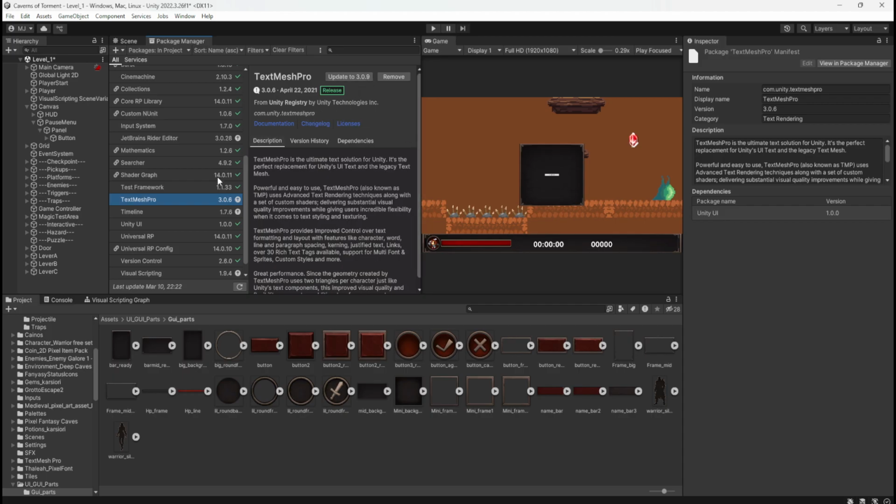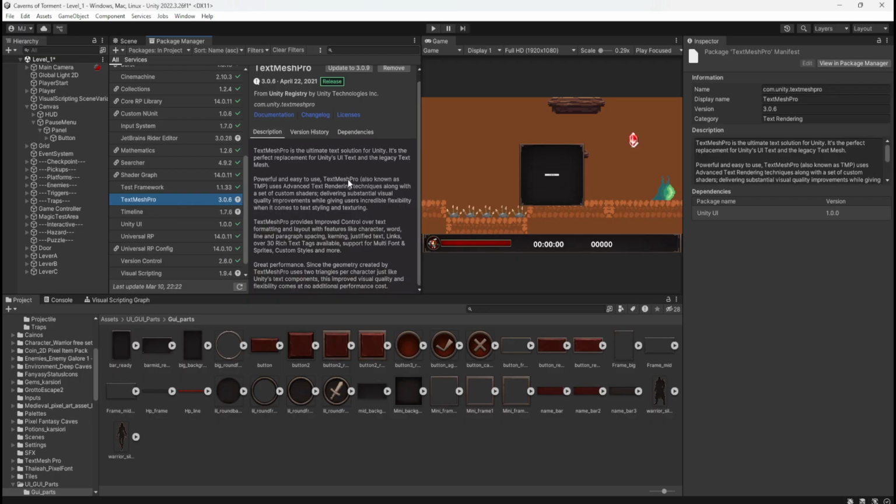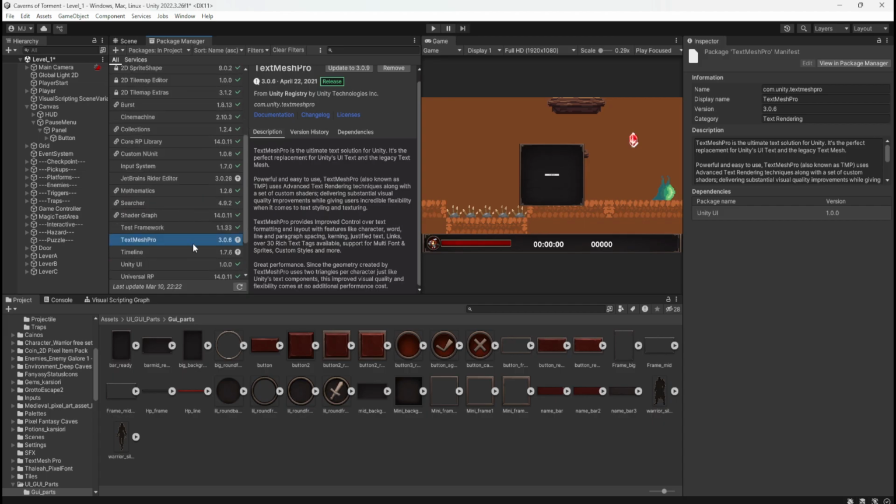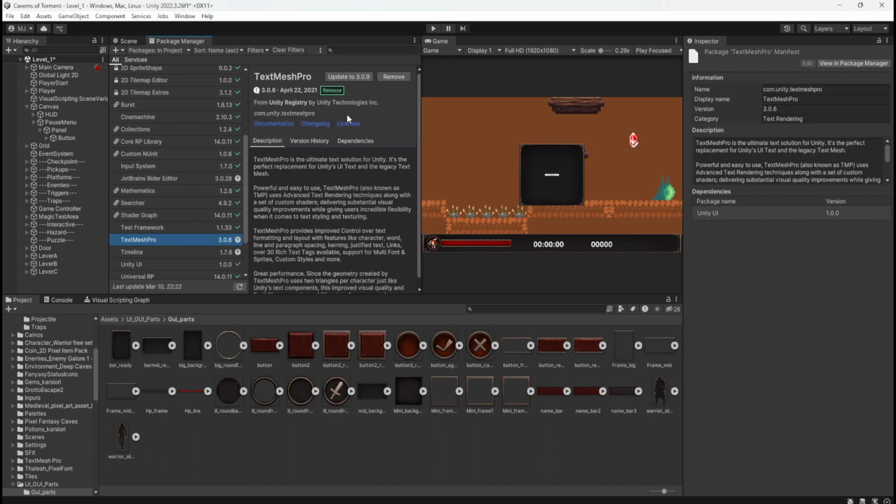I need to add the default. There was like some default, there was like a pack. There was a pack you could add to, you could add a pack to the,